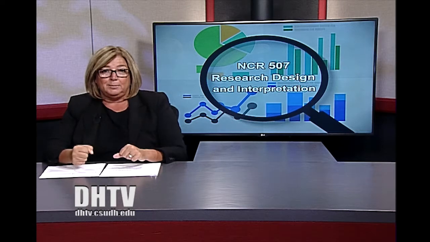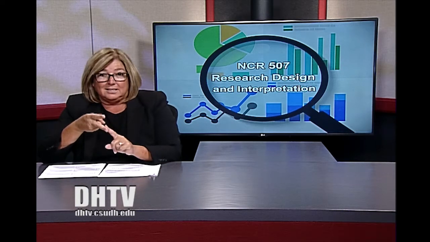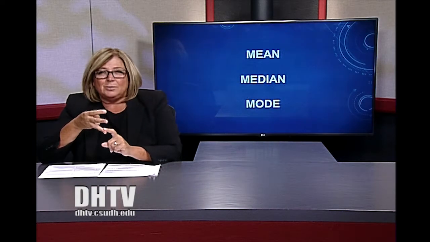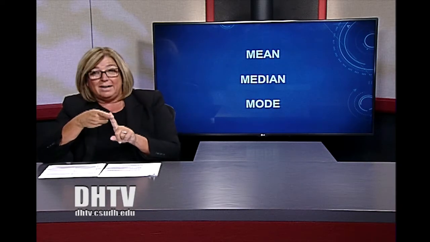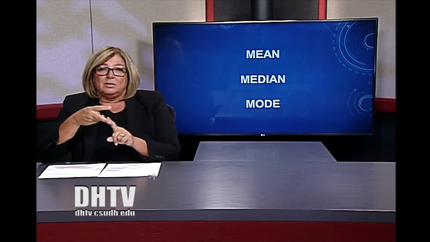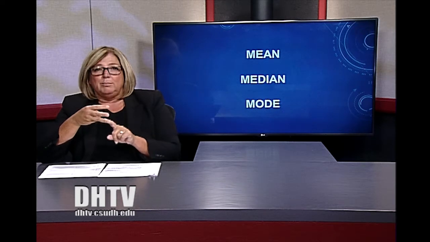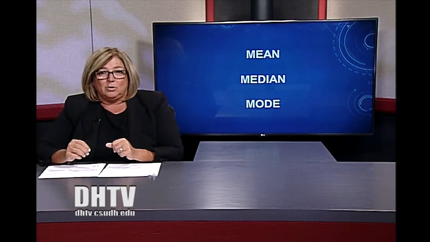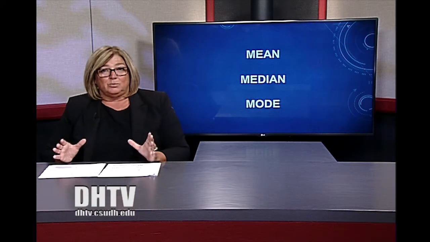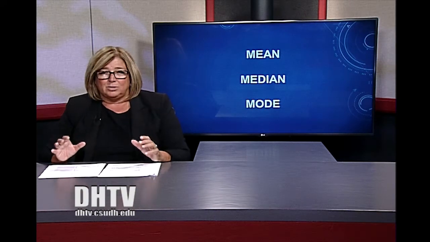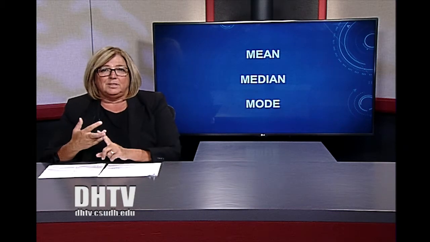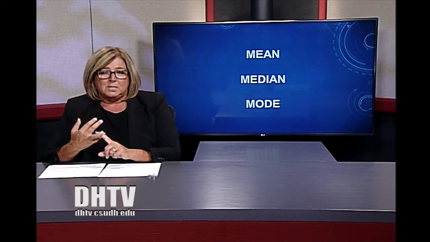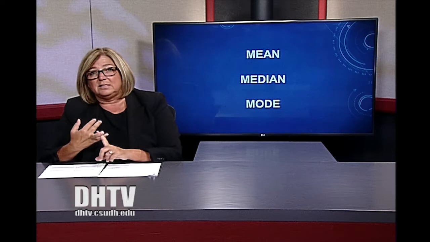Now first we want to talk about the mean score, the median, and the mode. And as we talk about these different ideas, we're reminded that the mean score is the average score, the median score is the middle score, and the mode is the most frequently reported score. Now these are interesting to me as a researcher. So anytime I collect data, of course I want to know the averages that exist. I want to know the middle scores, and I also want to know what is the most frequently reported score.